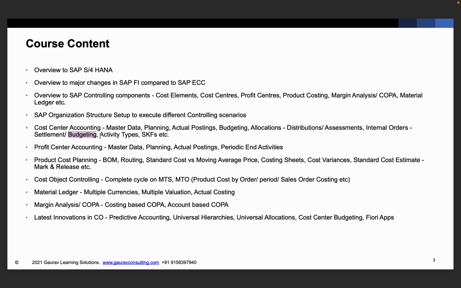Okay, so there is no change in SAP S/4HANA when it comes to internal orders, but even the traditional way of performing the settlement and budgeting will be covered in detail in this course. The other master data like activity types, SKFs, all these things will again be important for us in order to execute our product costing and cost object controlling scenarios. We'll be covering the master data here,